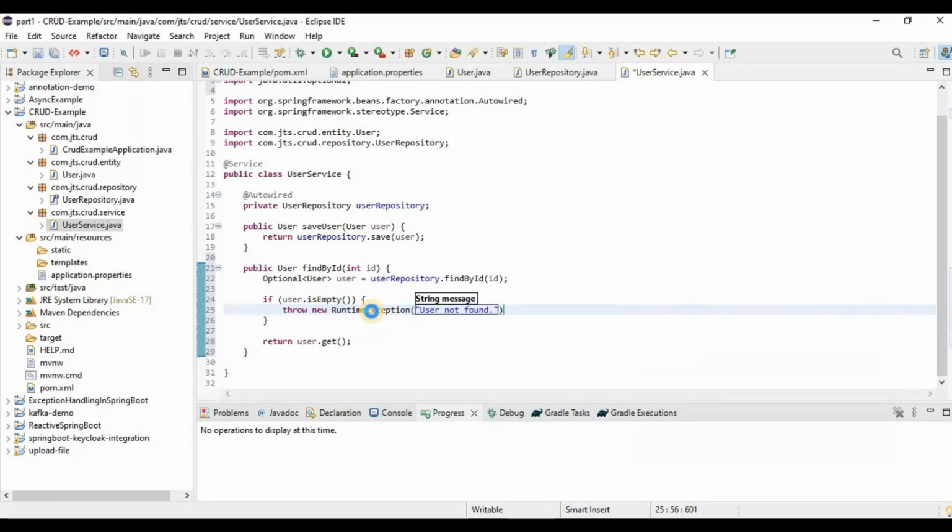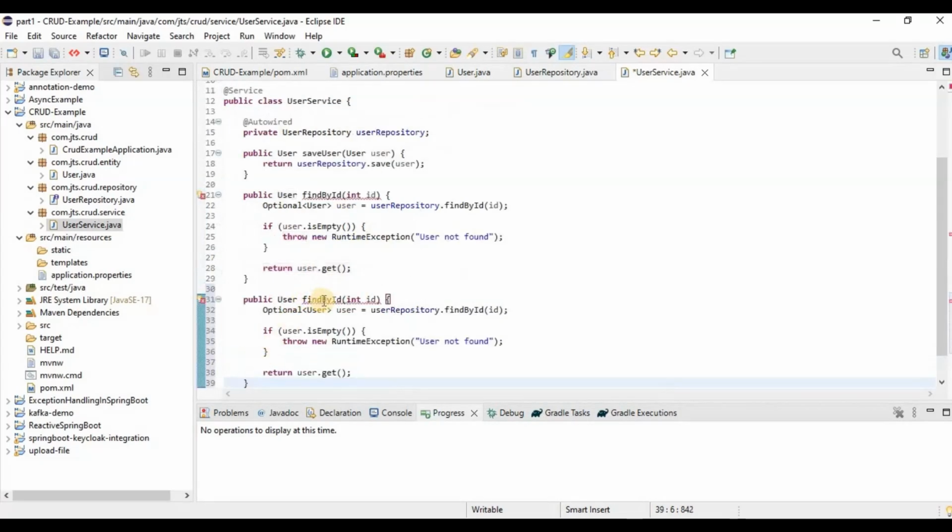So if the user is not available, then it will throw this runtime exception. Instead of runtime exception, we can create our own custom exception and throw it from here. If the user is available, then we just return the particular user. Then we can create another method over here,